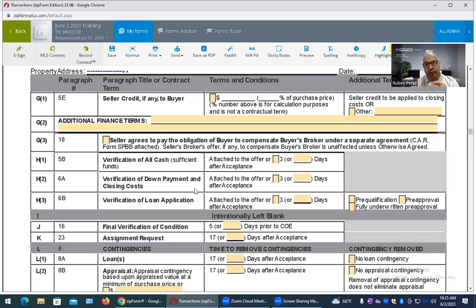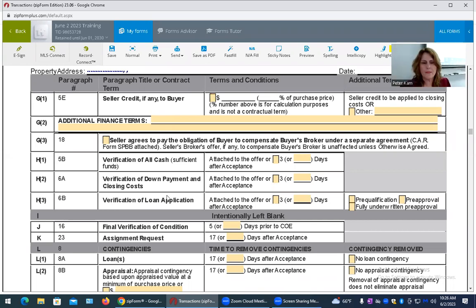Unless it's a donor. If it's a donor that's going to be giving the money, like a father paying for the property, you just make sure the listing agent knows that, and then you can furnish the donor's statement. A gift letter, right? Yes. Just a letter stating that it's going to be paid by a donor, which is